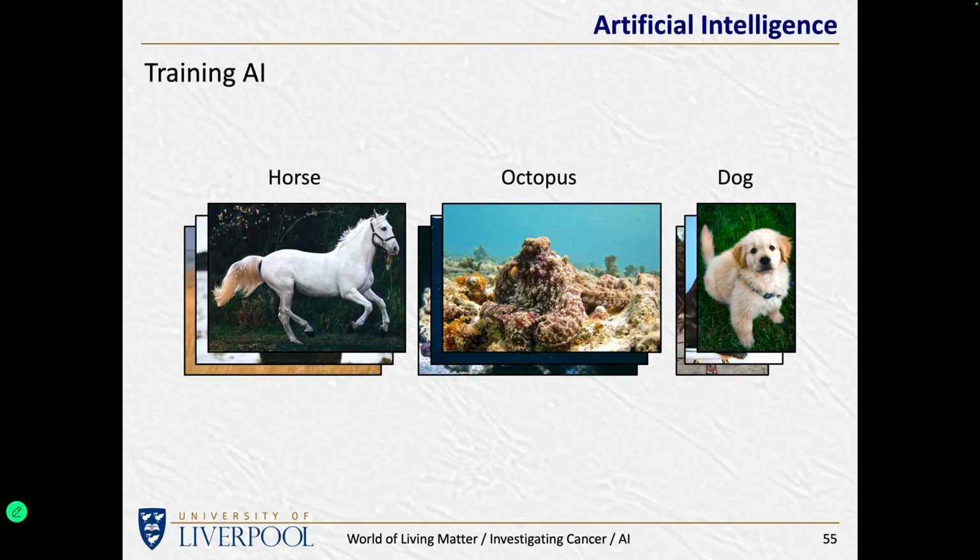When we think we've got it right, if we've tried to train a bit of software to recognize the difference, we can't just assume that it then works. We have to validate it. In other words, when we've got what we think is a bit of software that has been trained to recognize